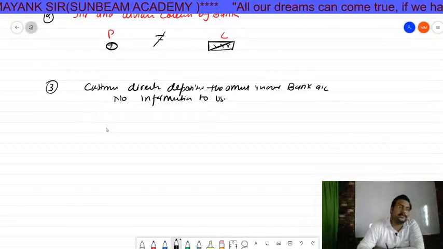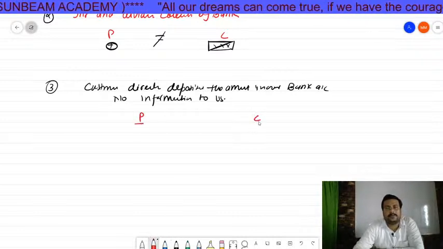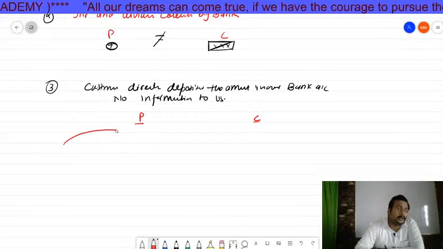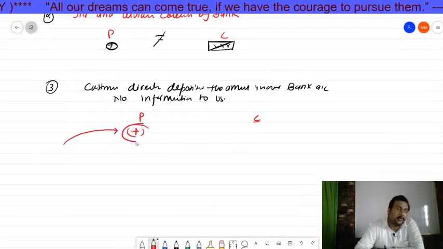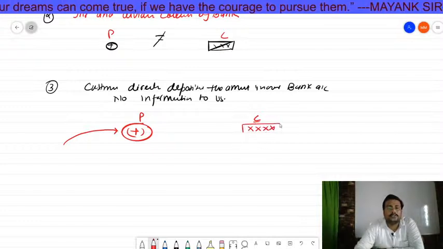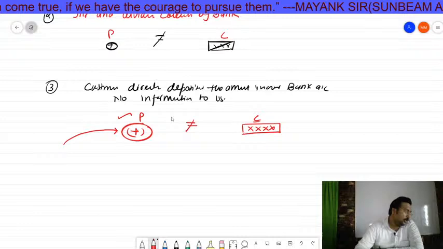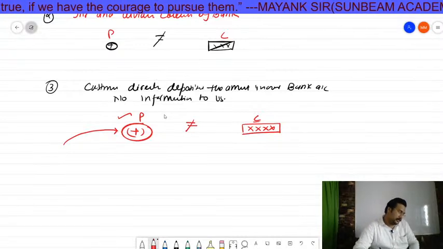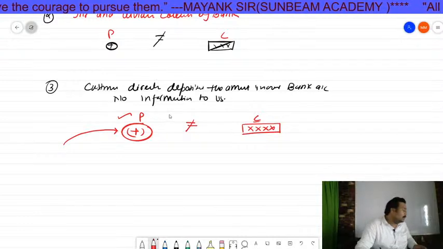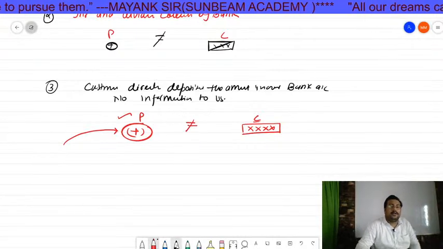No information to us. Now see, child, this is our passbook prepared by the bank, and this is our cash book prepared by the businessman. What happened? The customer went to the bank and deposited the money in our bank account, but no information to us. So in our account there is no effect, but our passbook will increase. Cash book and passbook will not show the equal balance. Similarly, the bank recorded the transaction in the debit side, or recorded the transaction in the credit side, but did not inform us.